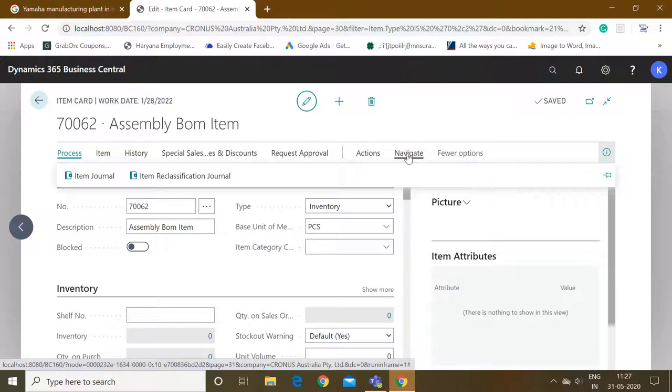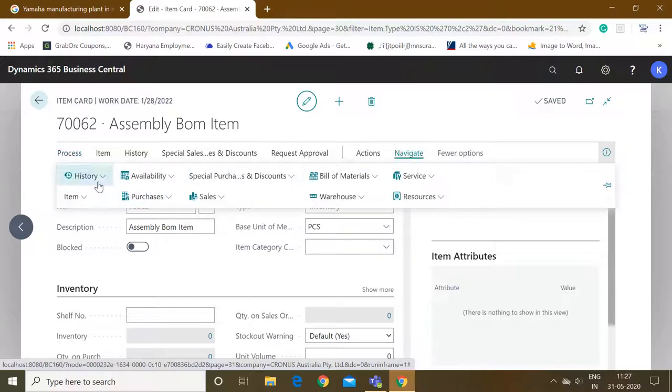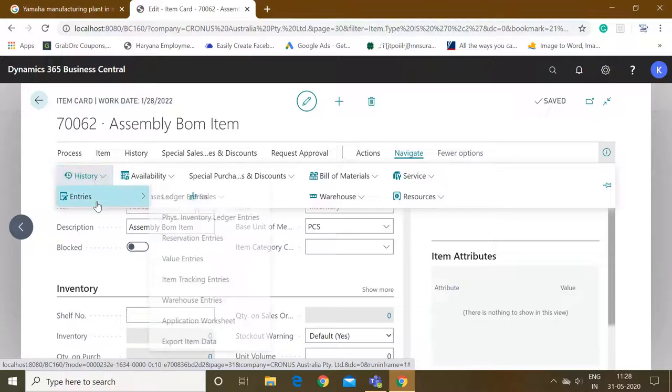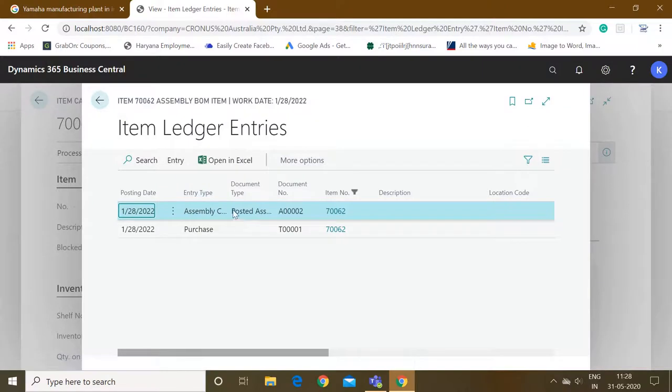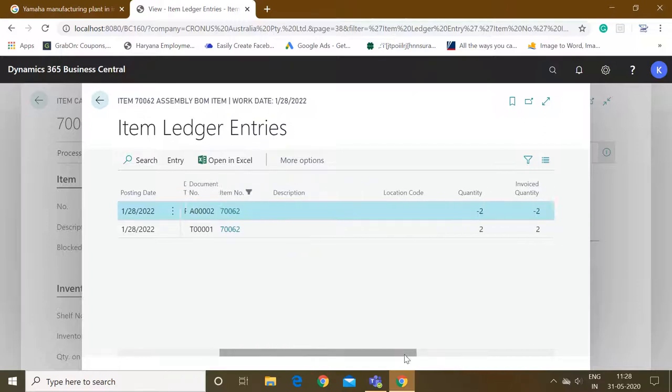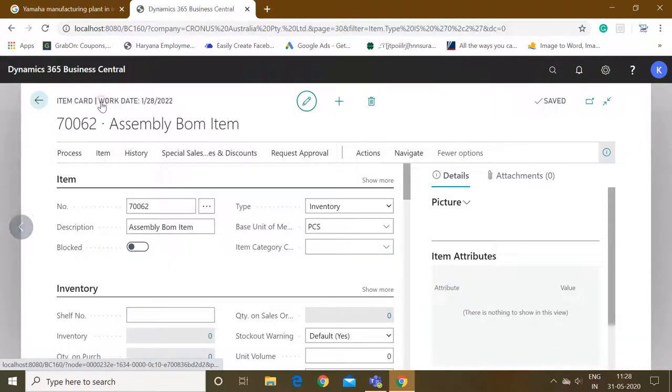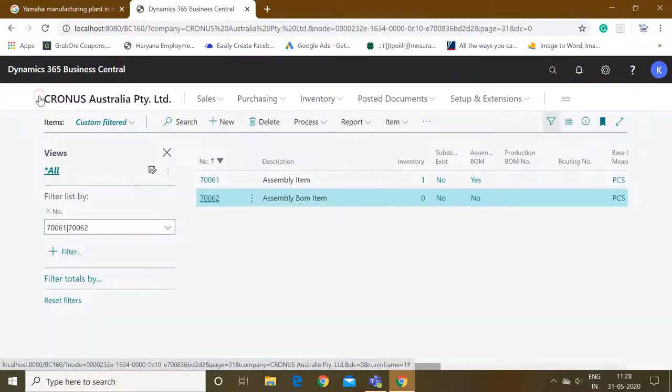To check its ledger, go on navigate, history, entries, and ledger entries. And here we can see that system posted a line of assembly consumption of quantity 2. This means that system already reduced the 2 quantity from our inventory for this item, and where it actually used,